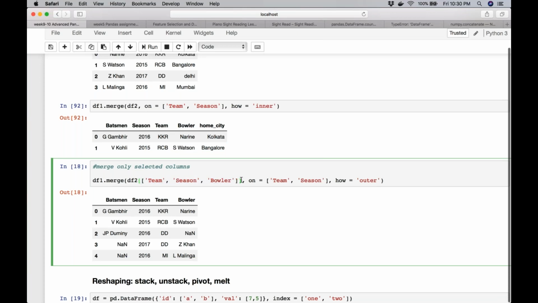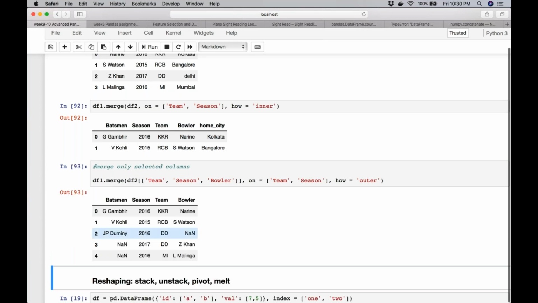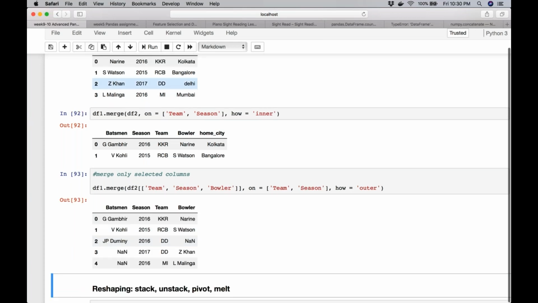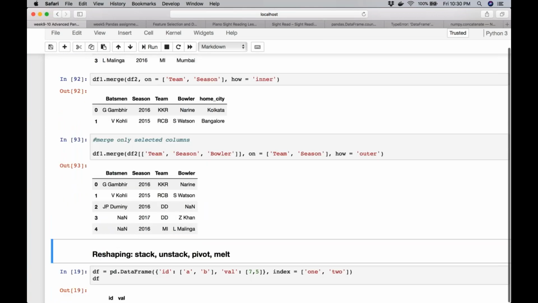So I'm creating a slice of the data frame with these three columns. And then the rest of the parameters remain the same, on team and season, and how is equal to, let's keep it outer here. So obviously the home city column got dropped and everything else remains the same. So this is our merge and concat.